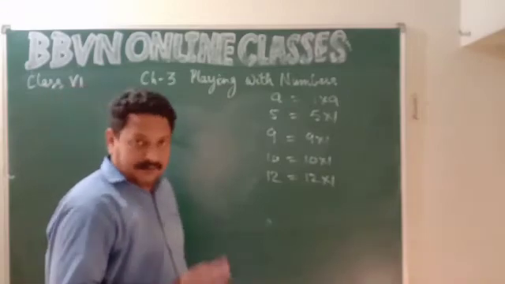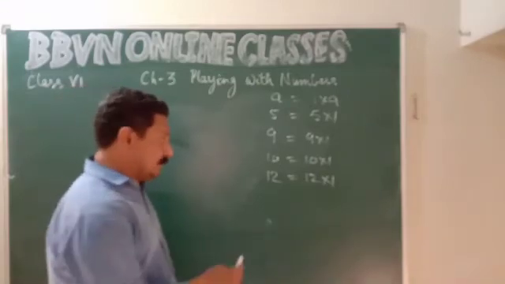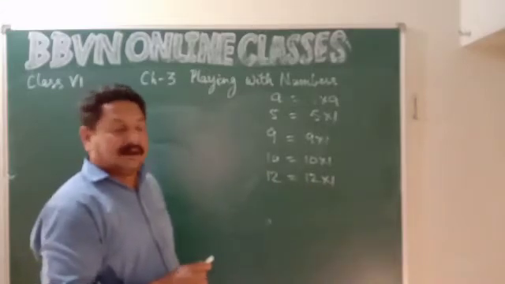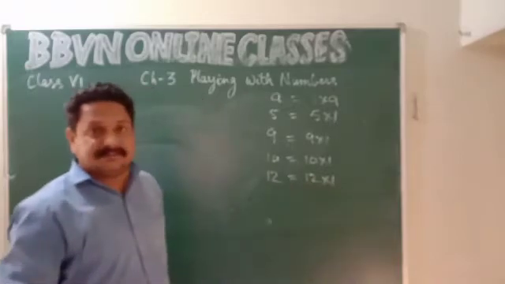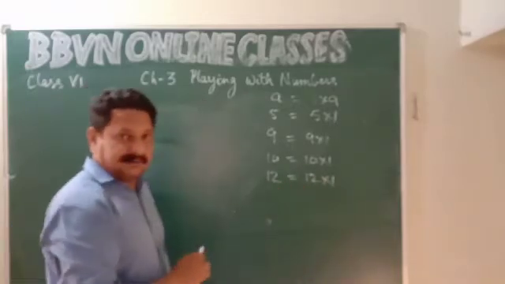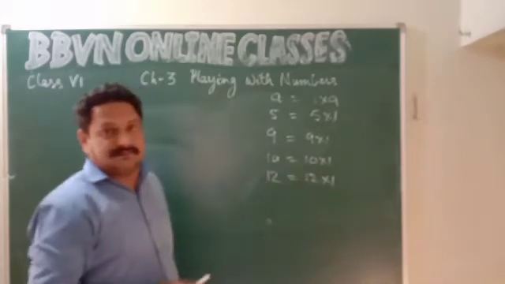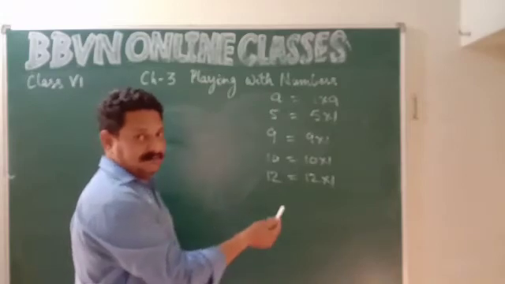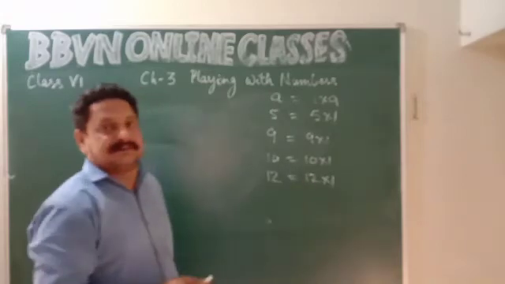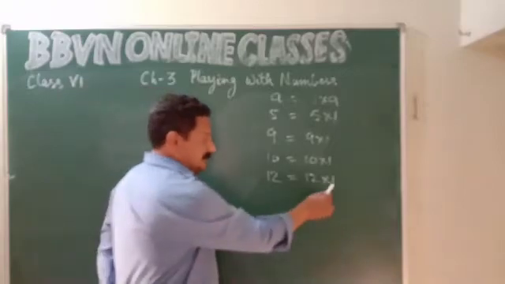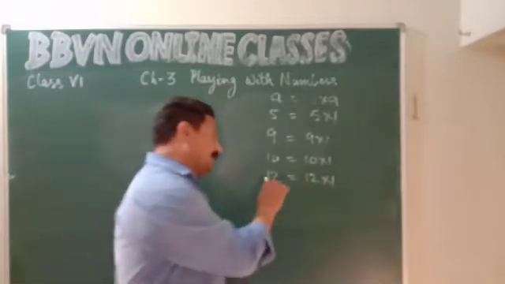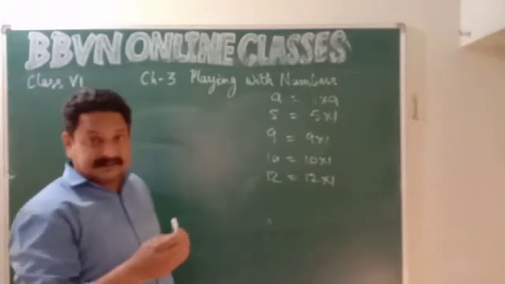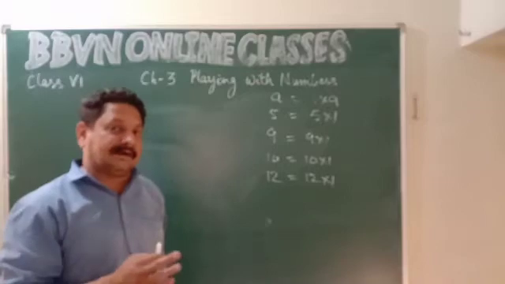Okay? Got it? In the same way, you can say every number is a multiple of itself. And every number is a multiple of 1. 1 is a factor of every number, so every number is a multiple of 1. Every number is a factor of itself, so vice versa will be true: every number is a multiple of itself. Got it? So 1 is a factor of every number. Every number is a factor of itself. Right? So these are certain properties about the factors and multiples.